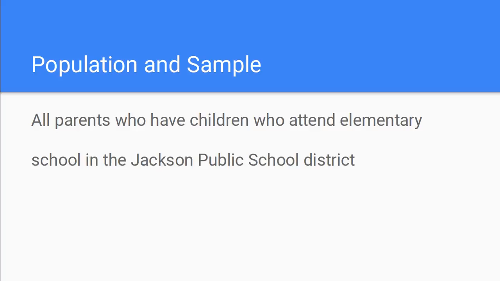The target population here is all parents who have children who attend elementary schools in the Jackson Public School District. I have to work with the parents instead of the youth directly, because dealing with elementary age children requires a lot of consent given by parents. And also at this age, most children don't choose when they do and do not go to school. It is a parent's choice most of the time. So it's best to talk to the parents who are in charge of getting the children to school.